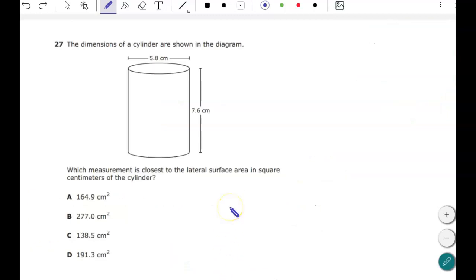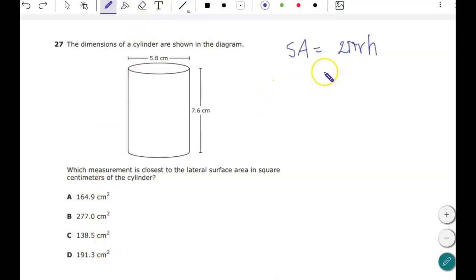All right, here the next one. The dimensions of a cylinder are shown in the diagram. Which measurement is closest to the lateral surface area in square centimeters? All right, so surface area of a cylinder for lateral, you have the 2 pi r times the height. This is on your formula chart, so you don't have to memorize that. It doesn't say to use 3.14 for pi, but since it's multiple choice,